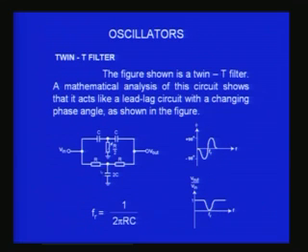It is actually a notch network. It will pass everything else except that frequency, it will not pass at that stage. That is why it gives 0 output at this point. V output by V in gain is 0 for that particular frequency. Phase also is 0, output is also 0. And that condition is the frequency is 1 by 2 pi RC. So, it is very similar to Wien's bridge, very simple to construct, and therefore, this is also a very useful